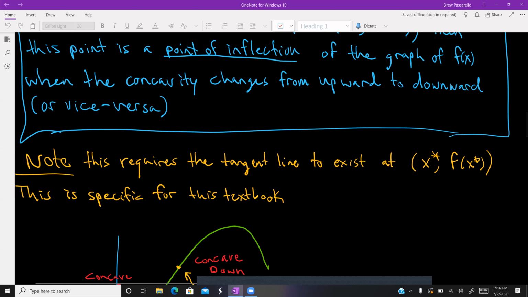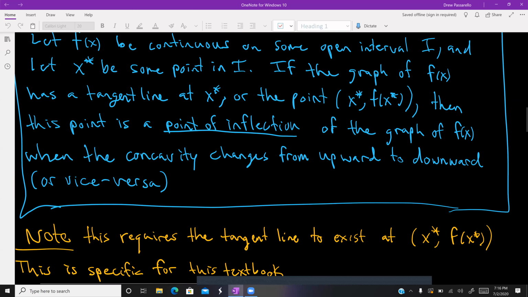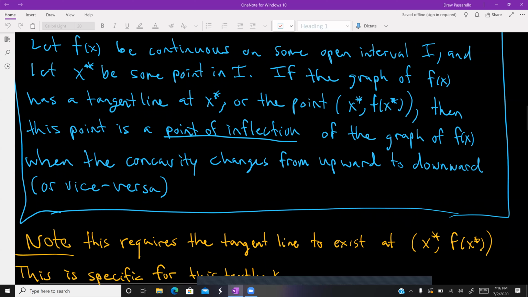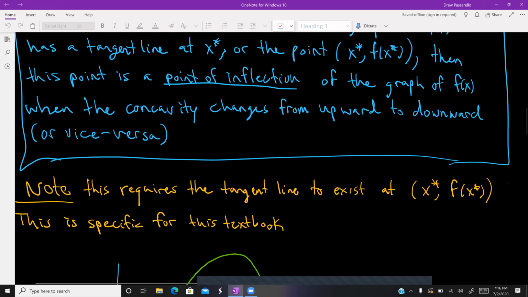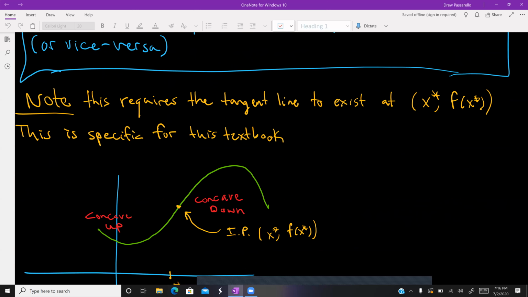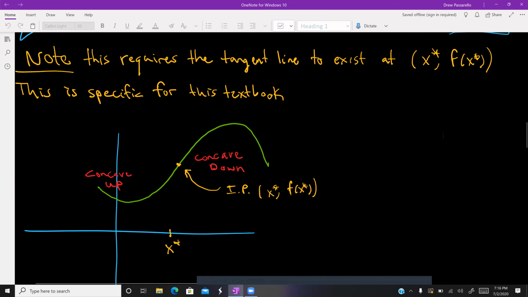All right, and something important is that this requires the tangent line to exist at the inflection point, and that is specific for this textbook only. Other textbooks do not require that the tangent line exist at the inflection point, but we're dealing with it having to exist. So graphically, this is